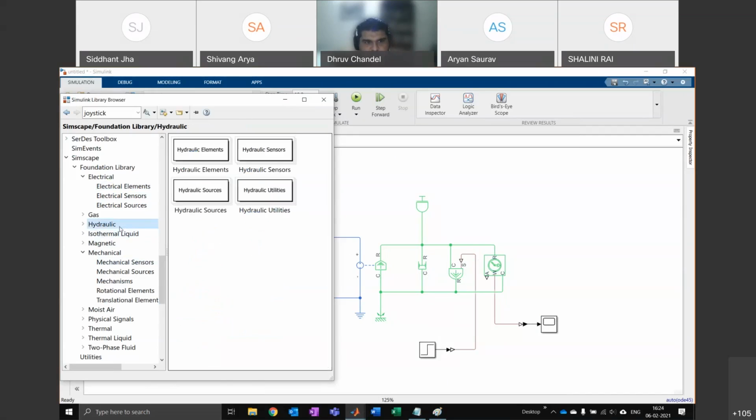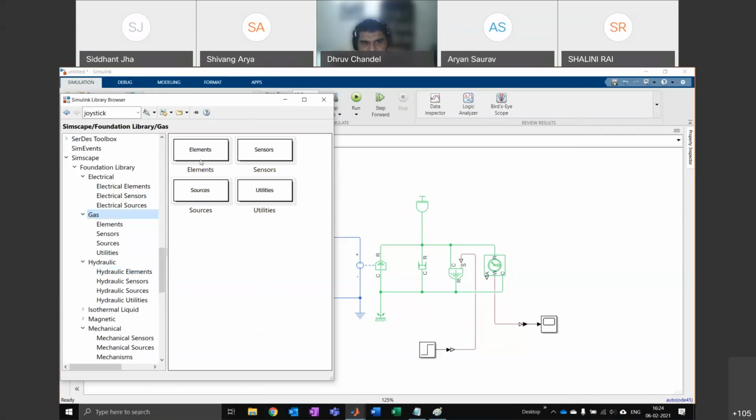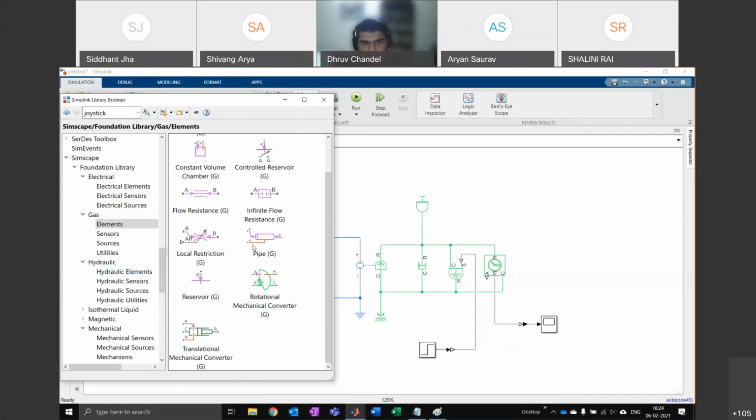And then you have connections between hydraulics and mechanical libraries. You also have connections between gas and mechanical or gas and thermal libraries. So especially if you're a mechanical engineer, this stuff is very, very useful. Even for electrical people, you can model battery packs and very complicated systems in this without knowing the equations.